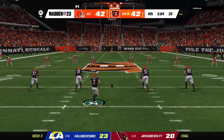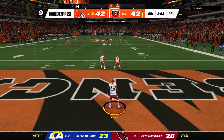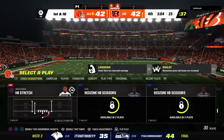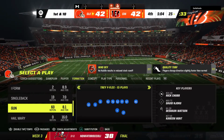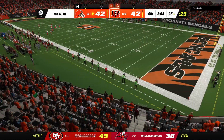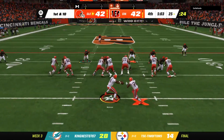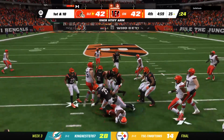Set to go now with the kickoff. These two teams all even again as we continue in this wild 4th quarter. And this will be a touchback as that sails over the end line. The Browns drive about to get started. Well, they just gave up the score to tie it. That's the bad news. The good news, plenty of time in this 4th quarter to try to grab that lead